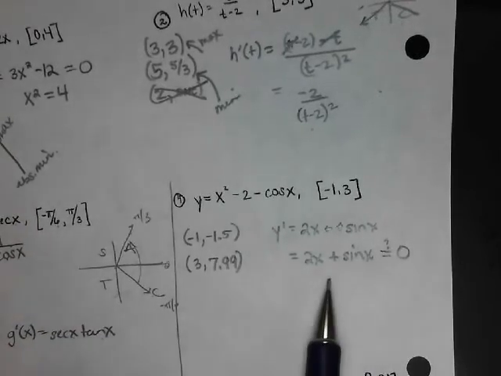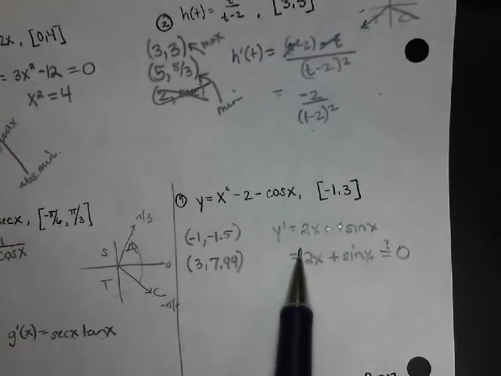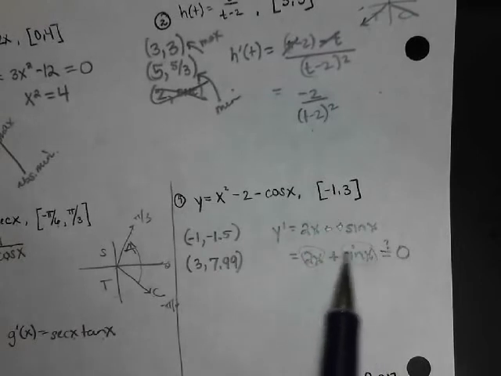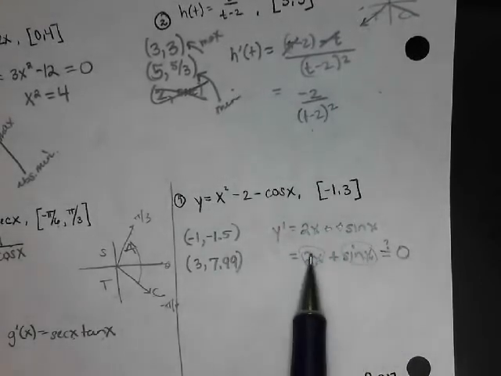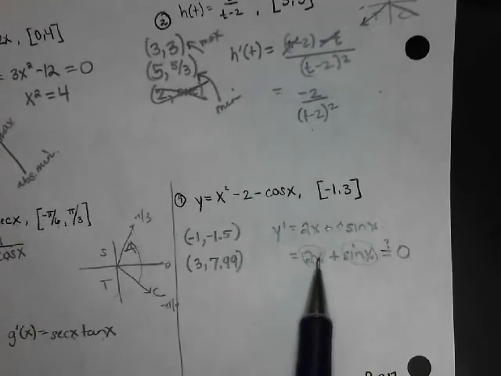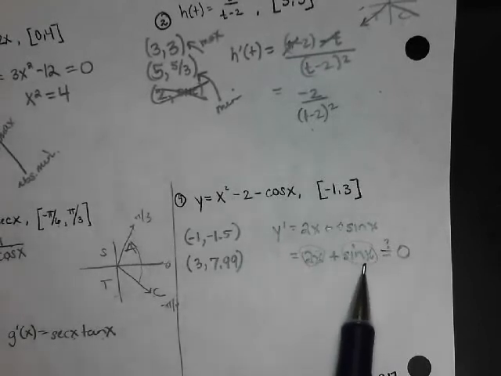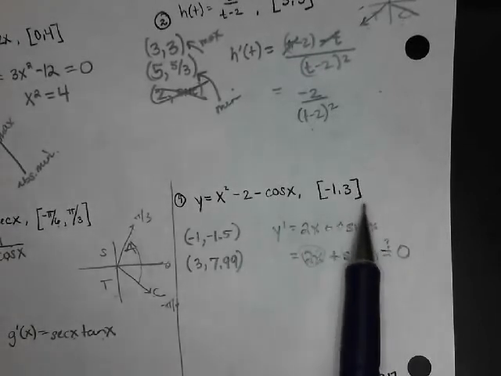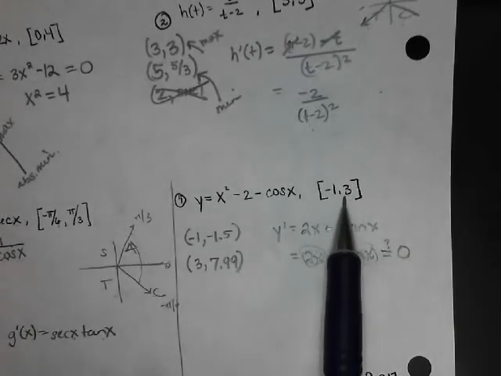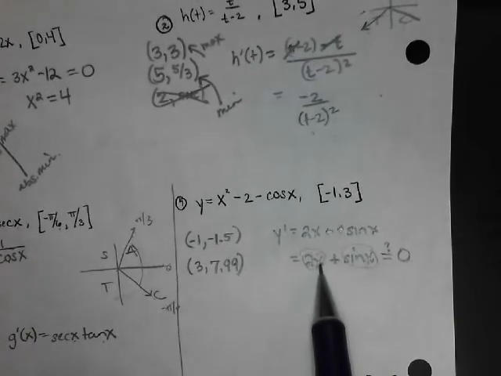Okay, so just logically thinking, the only way that this plus this is going to equal 0 is if they're opposites of each other. So if this was a positive something, this would have to be the negative version of that. That's actually not going to happen, because if you plug in 3, for example, that's obviously 6, so positive,